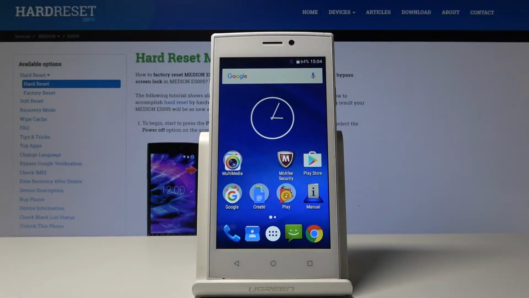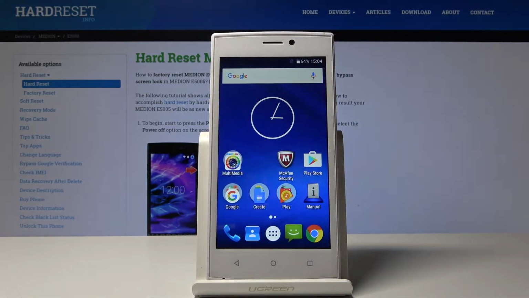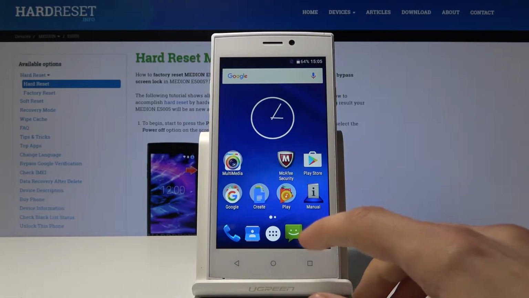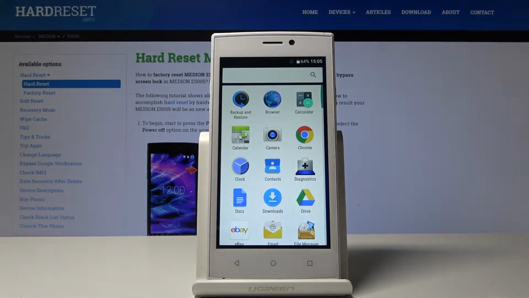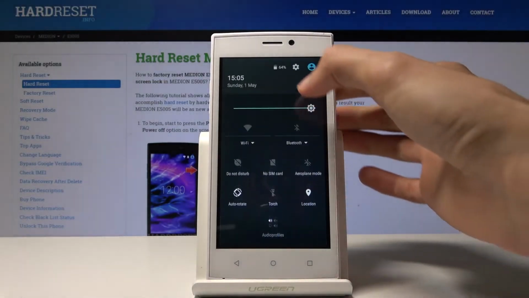Welcome, in front of me is a MEDION E5005, and today I'll show you a couple tweaks and tricks that I can do on this device. So we're going to start off with Memo Revision, which will improve the quality of the image and color spectrum basically, and also there's another one for contrast. So let's jump straight to the settings,